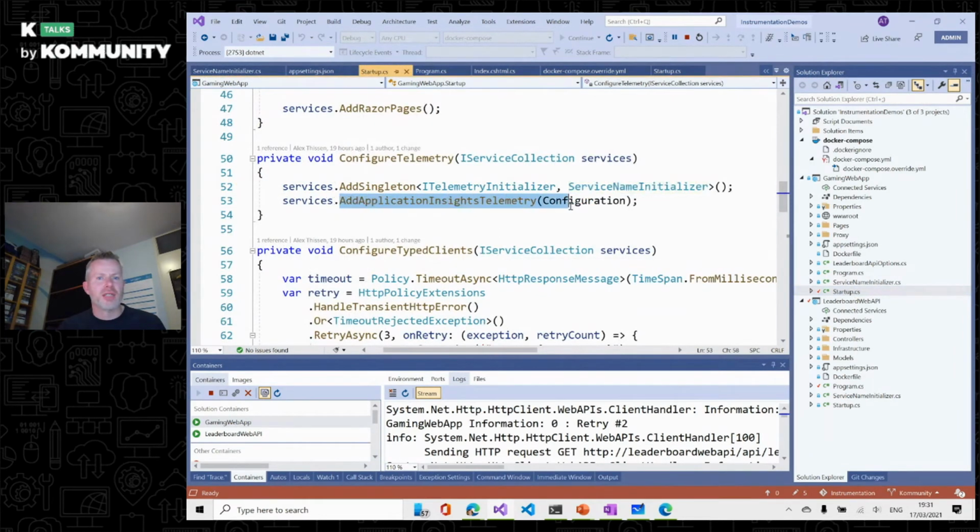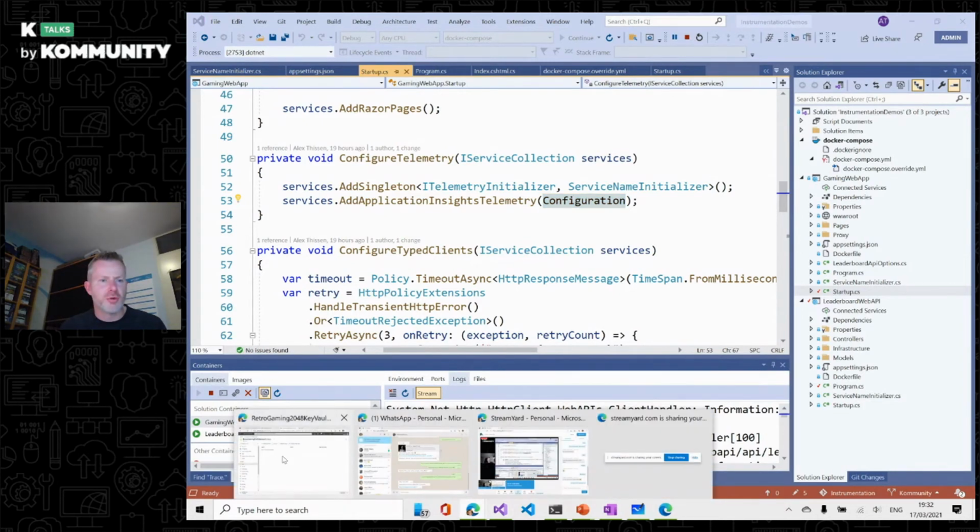We're adding the telemetry, reading it from configuration. That's where you need your instrumentation key, and the instrumentation key is used to have an endpoint in Azure to send all the information to. The same thing is done for the web API, and I'll show a couple of special things later on, but that's most of what you need, because as soon as you start using it, there's so much taken care of for you that you get a lot of things for free. And I'll show you the Azure portal again,